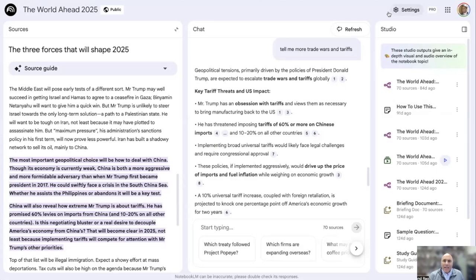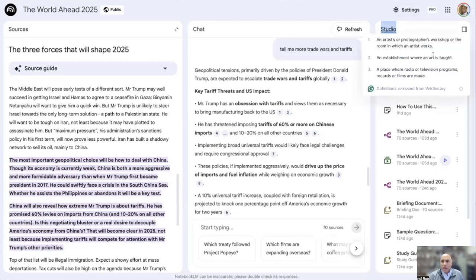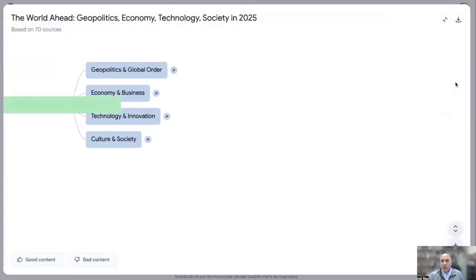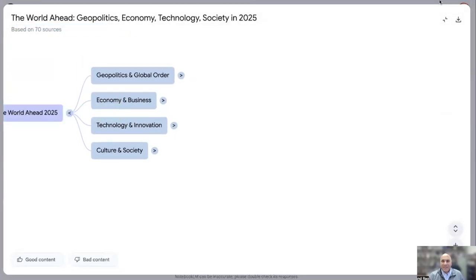Now, over to the right, then you'll see Studio. And this is where you have a lot of other materials that are generated. And they made these all available. I'm going to show you within another example because I want to show you how you can create one. These are all made publicly available, but I can't change them because they've had settings set up in such a way that I can access them, I can view them, but hopefully they wouldn't want me to delete them though, or change it. I clicked on the mind map, and this is a good one that I can show you